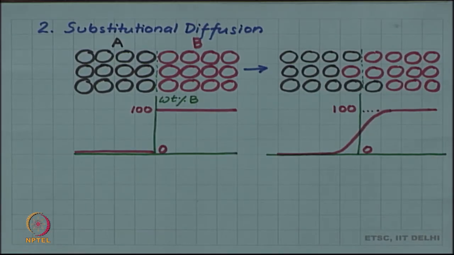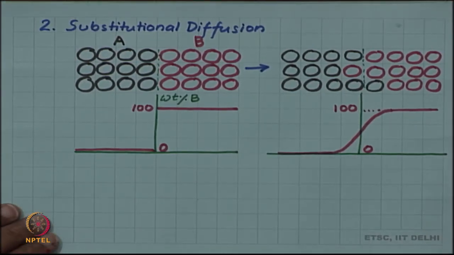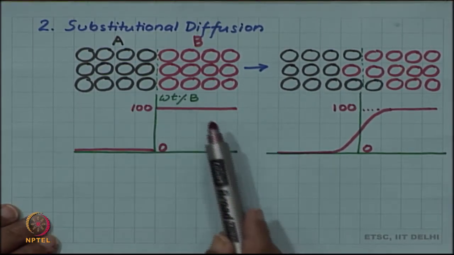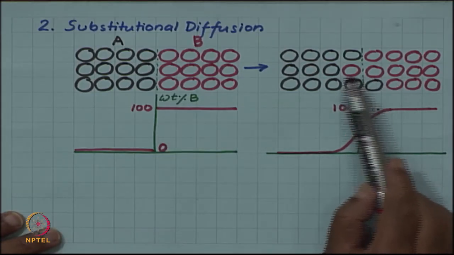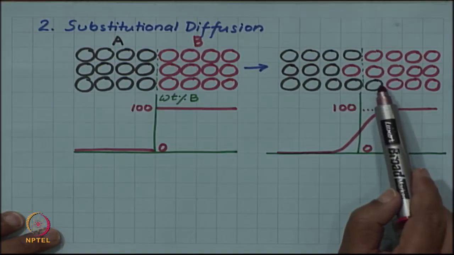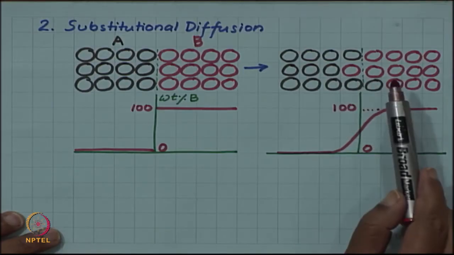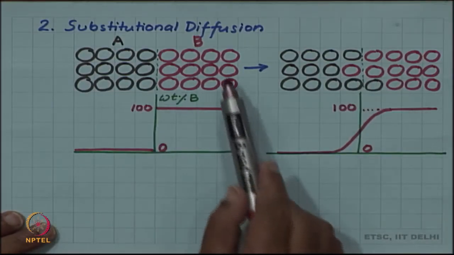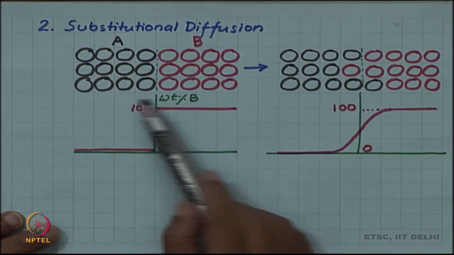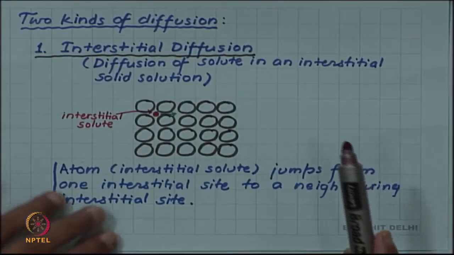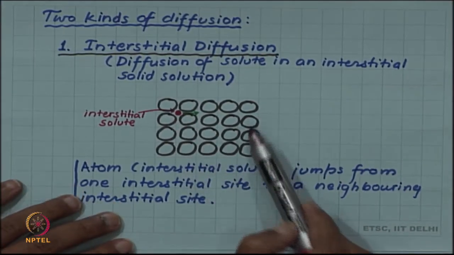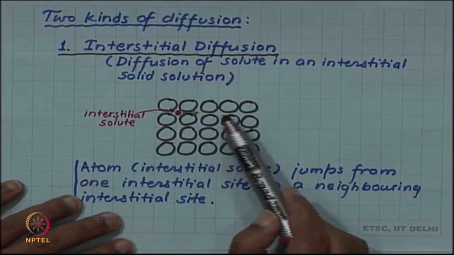So, the question is, this diffusion has occurred, but what led to this diffusion? If you look at the diagram here, it is not obvious how an A atom can get into the B side or how a B atom can get into the A side, because everything is well placed and interlocked into the crystal structure. Unlike the interstitial diffusion which we talked about, in the interstitial diffusion most interstitial sites are